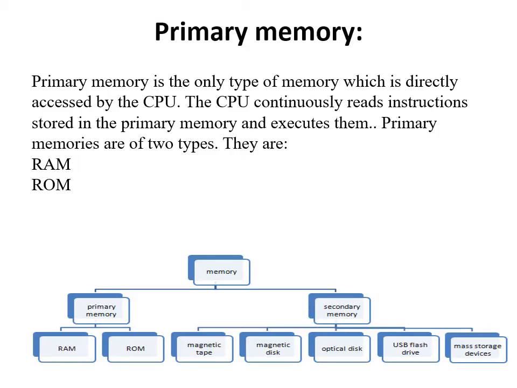Primary memory. Primary memory is often known as working memory or the main memory of a computer. Primary memory is of two types, volatile and non-volatile. When the power is turned off, volatile memory loses its content. Non-volatile memory, in contrast, does not lose its content when the computer is turned off. There are two types of primary memory, RAM and ROM.